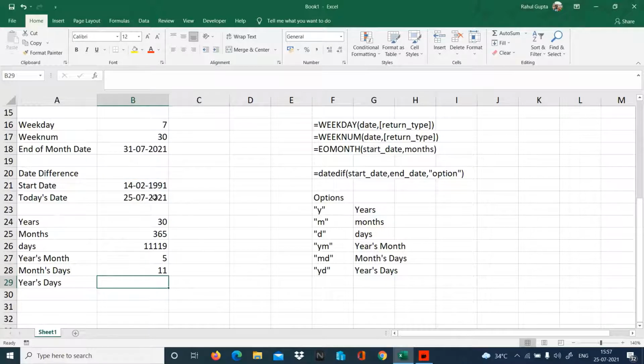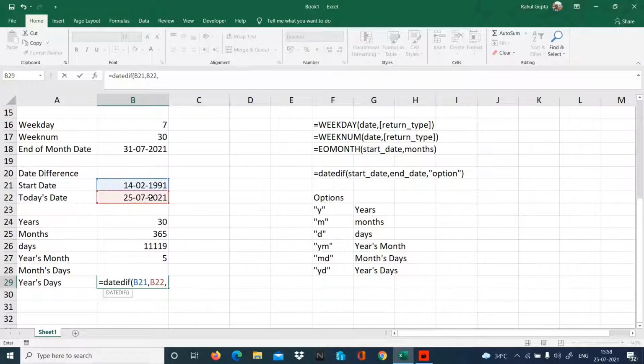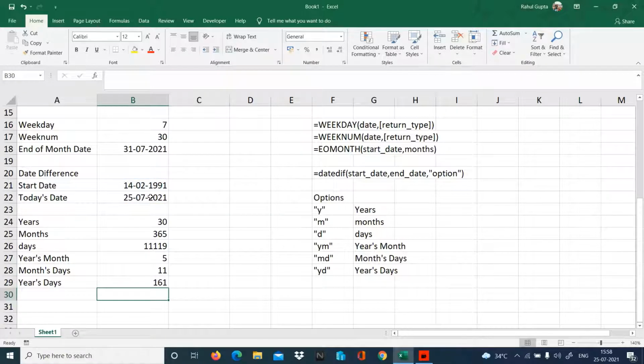So now I can say the age of that person is 30 years 5 months 11 days. DATEDIF, start date, today, and within double quotes yd. And if I have to say about tenure, it's 30 years 161 days. So this is how we can get specific days, months, years, year-month-days, and year-days.